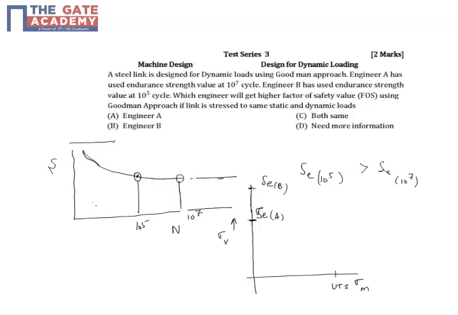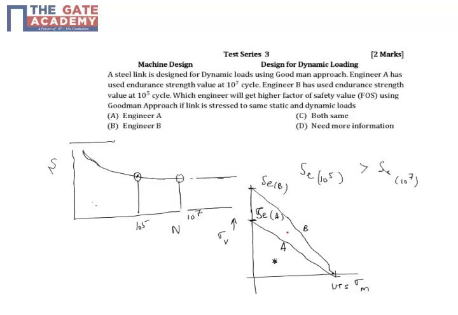If you draw a line joining endurance strength and UTS, that is your Goodman line. So line B will be more outer, and line A will be something like this. Line A is the Goodman line drawn by engineer A, and B will be like this. Obviously, because B has a higher value, if I take a point here, with a mean stress and an alternating value such that it lies here, this point will have a higher factor of safety,